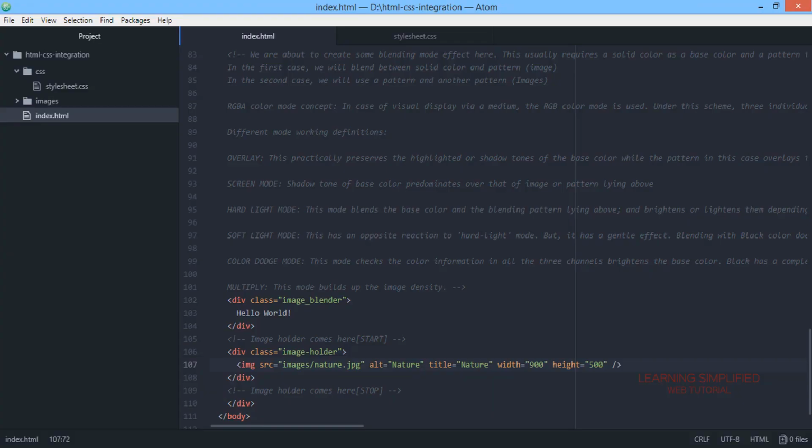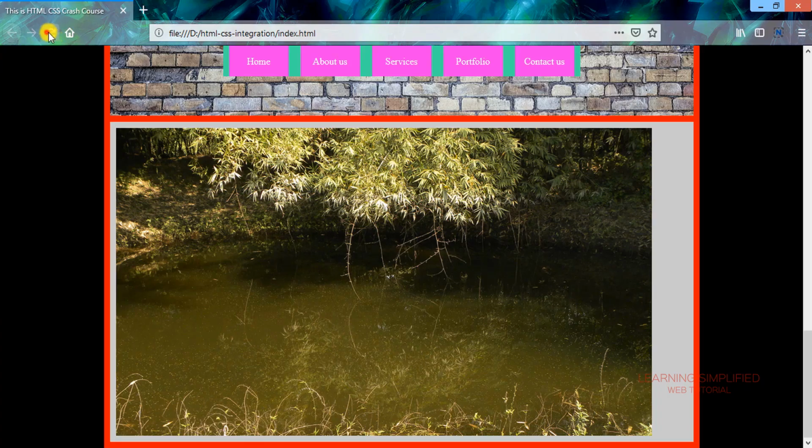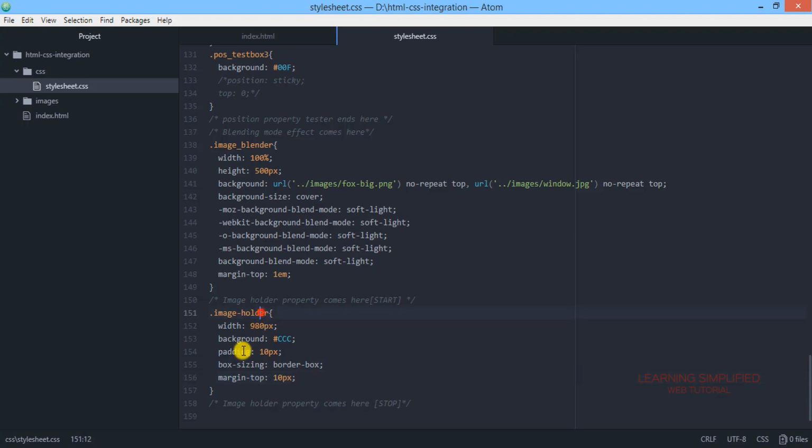On the other hand, if we do not like to provide any kind of dimension specification in this particular index.html, instead we can get back to stylesheet.css. First of all, reload, and you can see that the image has restored its original width and height in this image holder.